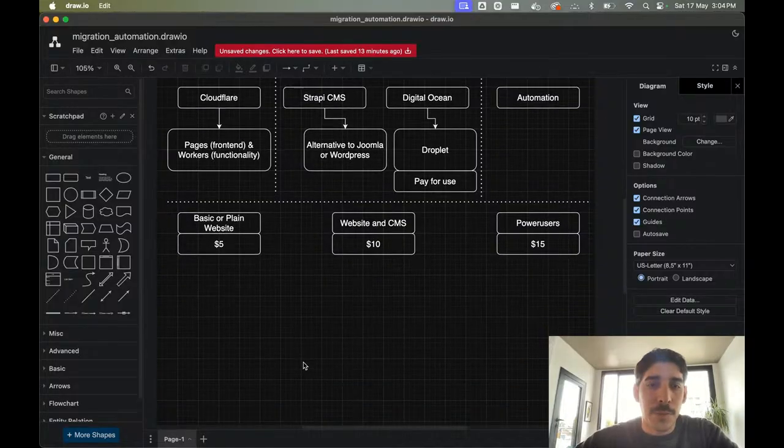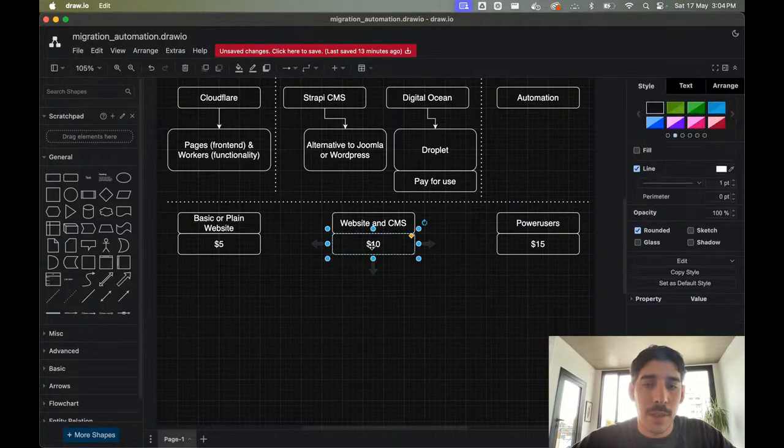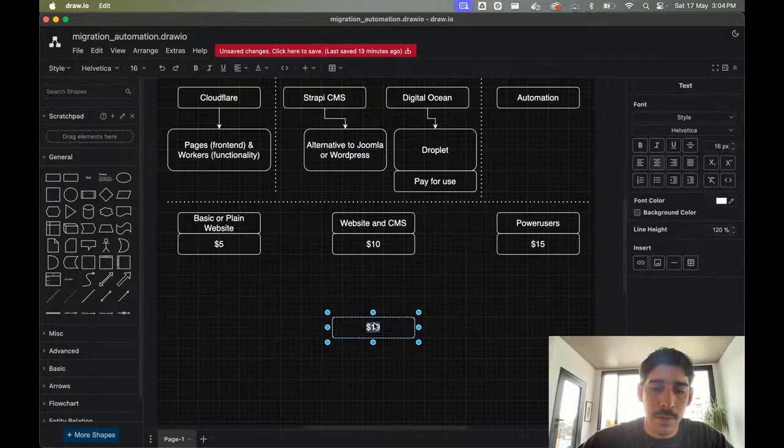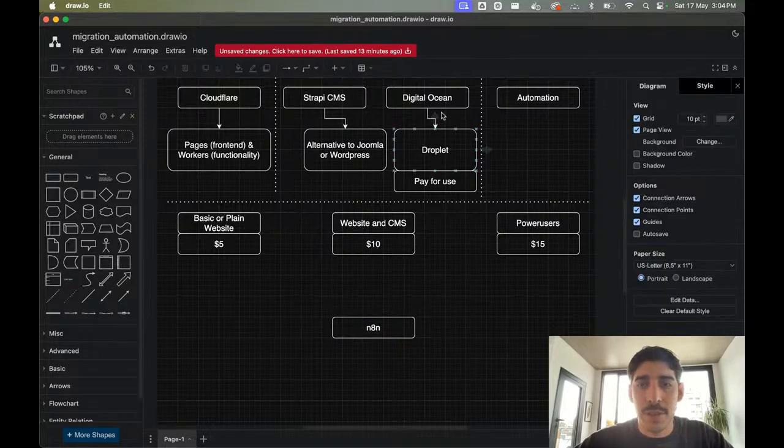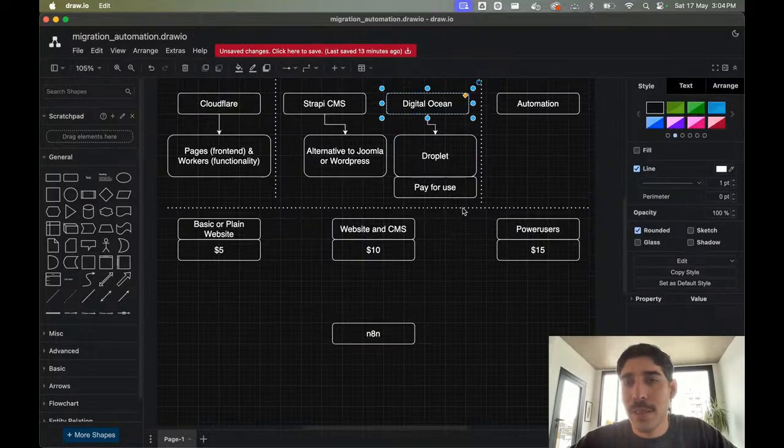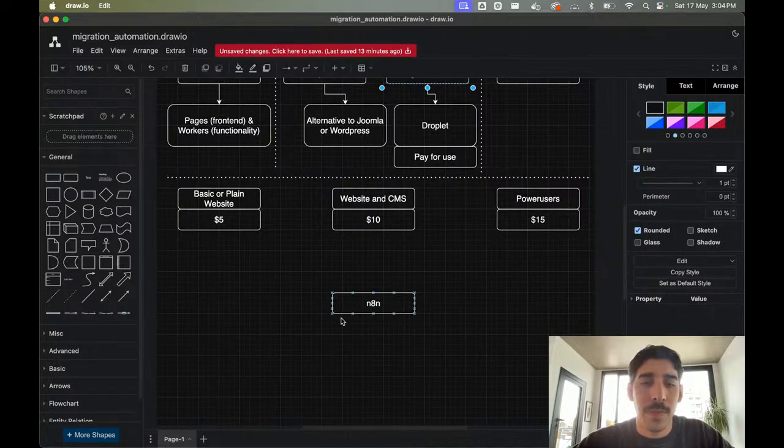On top of this, we are going to have our n8n, which probably could be here, could be somewhere else. It needs to be somewhere.